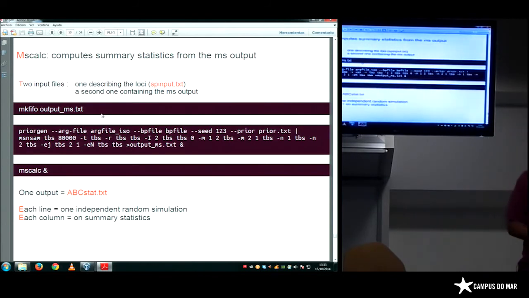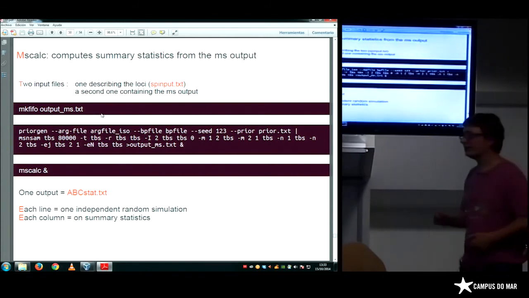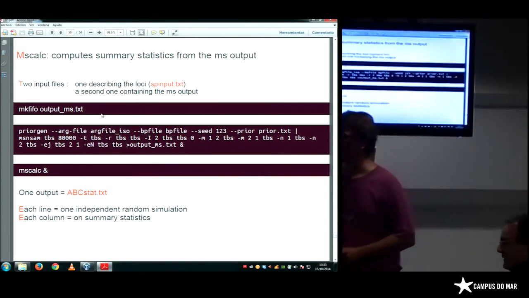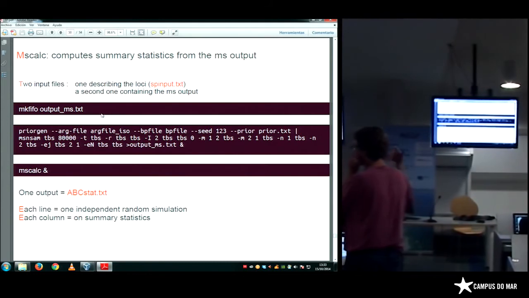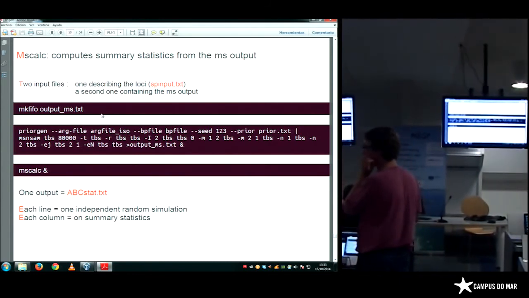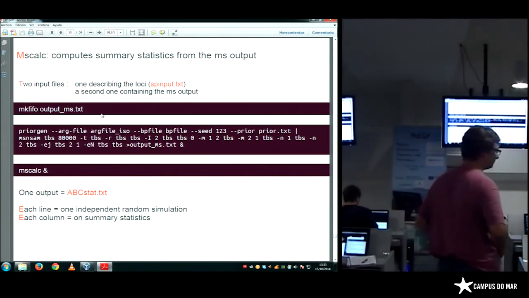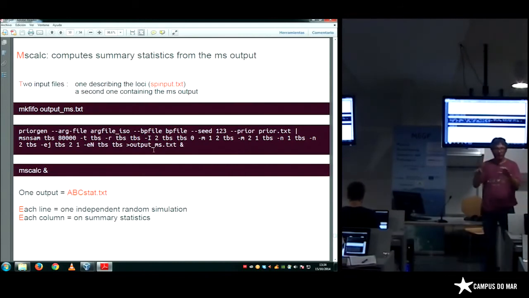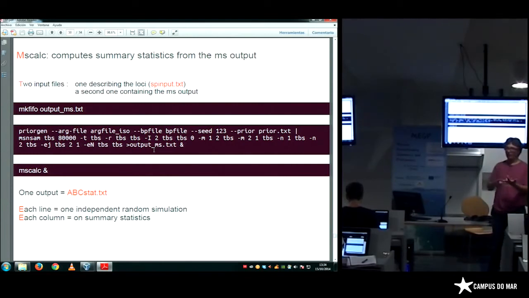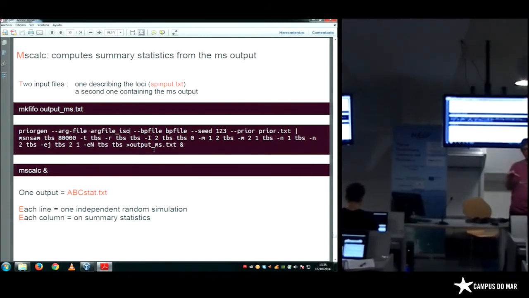You are all completely lost, I think, no? So you have a script called abc.sh. In the terminal, you will have all the analysis that is going to be done automatically without doing anything. Okay, so once we have done all this work, so basically it's to do plenty of simulations and to obtain plenty of summary statistics from the simulations, we need to compare the simulations and the true data.